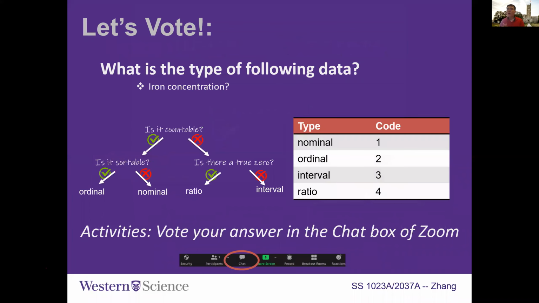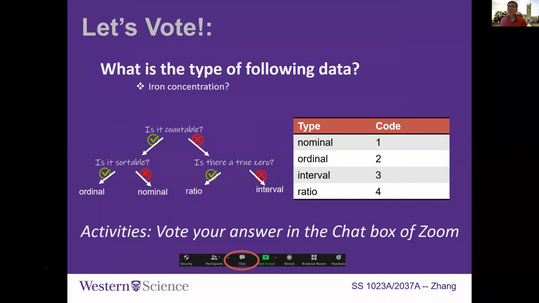Okay, so now it's time to do some exercises. In the following part, I'm going to show you some types of data, and I wish you could tell me what type of data each is. To save time, let's say we code nominal as 1, ordinal as 2, interval as 3, and so on and so forth. We are going to use the group chat to vote on what type of data you believe this is.